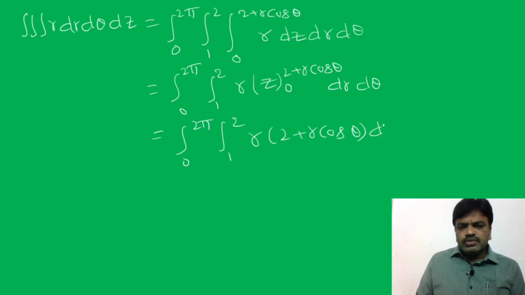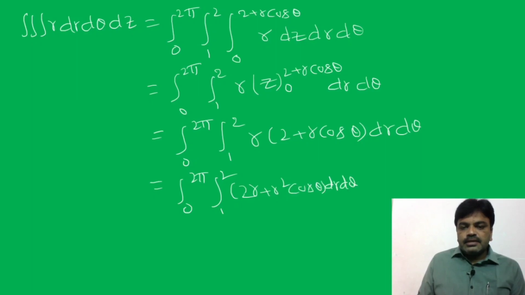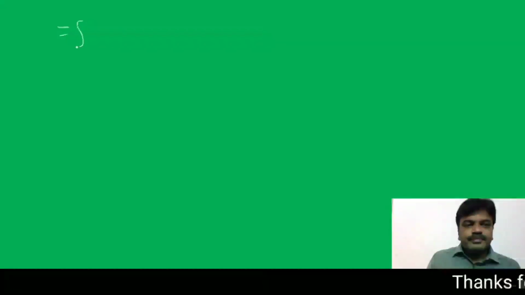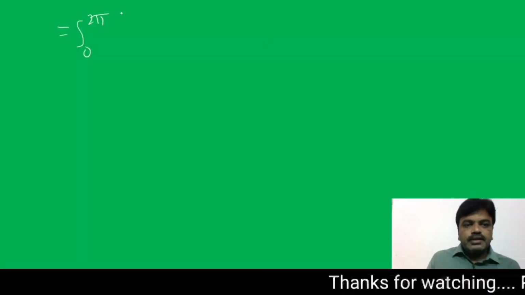0, into dr dθ. That is equal to integral 0 to 2π, integral 1 to 2, multiply with r, we get 2r + r² cos θ dr dθ. Okay, now that is equal to integral 0 to 2π